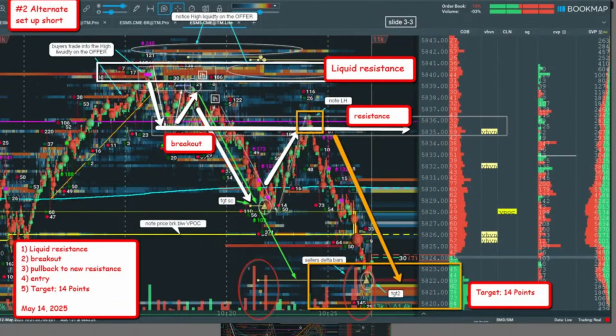Would you just mention your second one? Yeah, I would give the name second chance entry. If you happen to miss the first opportunity, that would be considered a second chance to get in. It actually worked out quite nicely here. But the more conservative approach, following my checklist, is break of that trend line, pull back, short. You don't have the other slides, but it's got all that context.